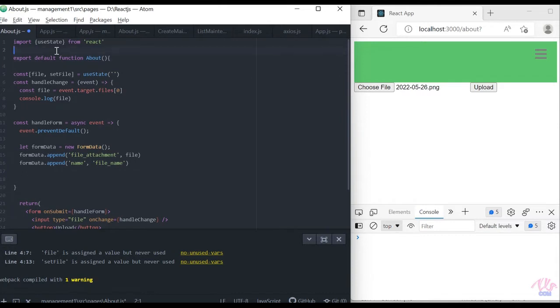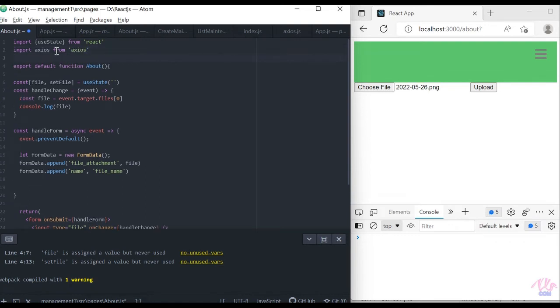Now let us create Axios. Axios needs to be installed first. We use Axios to handle APIs. First of all, we give the URL where the Axios API will be.